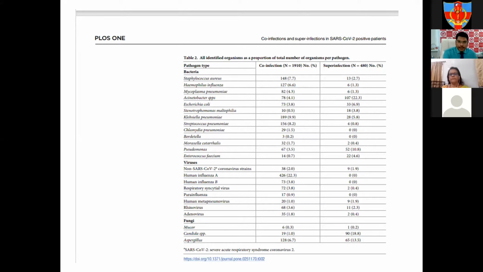So what you have seen here are the different species that co-infected along with COVID-19, and in a super-infection context, Acinetobacter and Pseudomonas are the predominant species that actually caused major mortality in COVID-19 associated infections. So not only bacteria, you have viruses also coming along with COVID-19, and the common viruses are the general seasonal flus, the rhinovirus. These co-infected along with COVID-19, and there is not much burden as far as super-infection with virus is concerned, probably because of competitive inhibition.